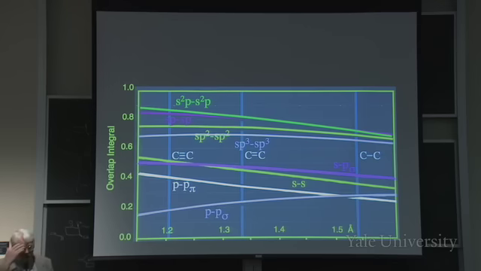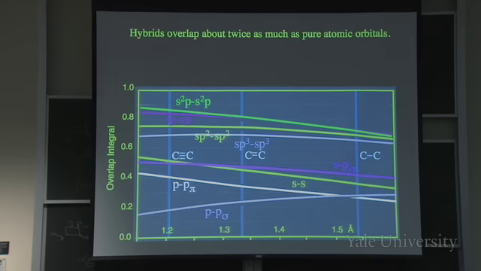Why do we think now you want good overlap? Why would it be good to have good overlap? Because that's what's building up the difference density, as we saw last time, right? That's putting the glue in the orbital. Okay, so there's an interesting observation here that hybrids overlap about twice as well as pure orbitals, right? All the hybrids are roughly twice as good as the pure ones. Okay? And they're not very, very different from one another, but sp is about the best over much of this